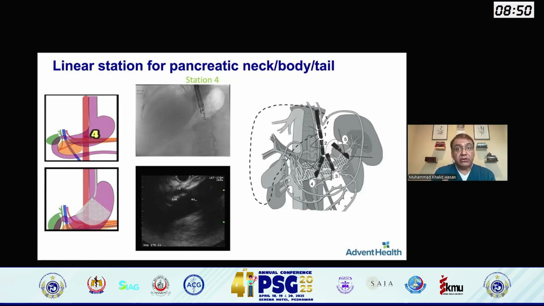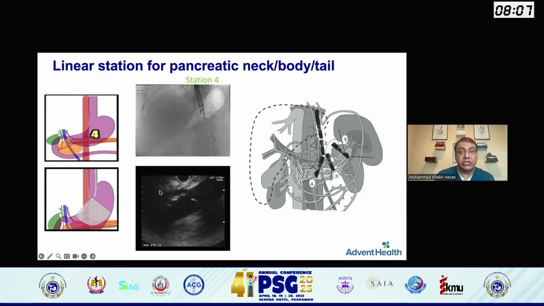Another thing to remember, as I mentioned in my previous presentation, is that the camera is at a 45 degree angle, meaning where the wall and the ceiling meet, and the transducer is at least 1.5 to 2 centimeters beyond the camera. So if you are looking at the pylorus right there, and your transducer is already at the lower part of the antral wall, you're not going to be able to get into the duodenal bulb. You have to pull the scope really back and the big wheel towards you to get through the pylorus into the duodenal bulb.